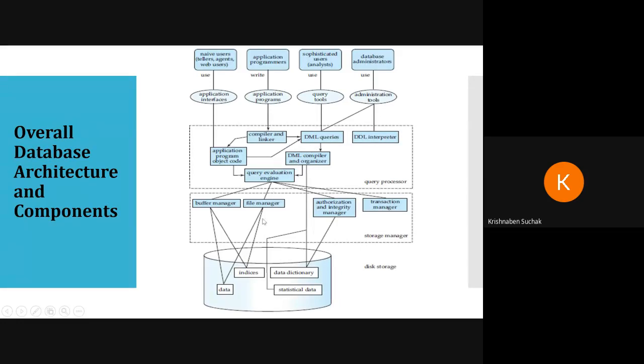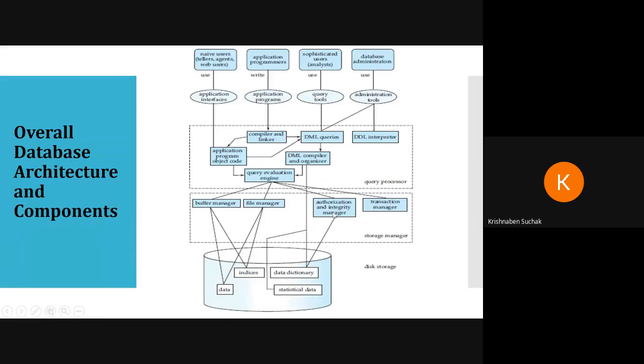Now, the query evaluation engine will be accessible to all of these: the buffer manager, file manager, authorization and integrity manager, and transaction manager. The buffer manager will fetch the data and can also access indexes, and the same thing is done by the file manager. It can access data and indices. Next is the authorization and integrity manager.